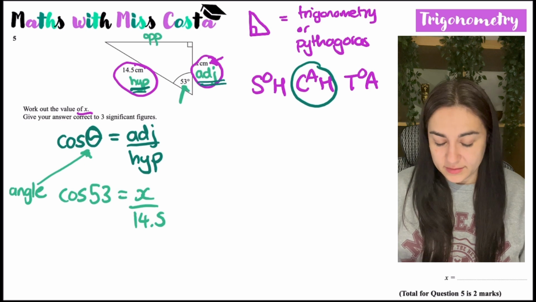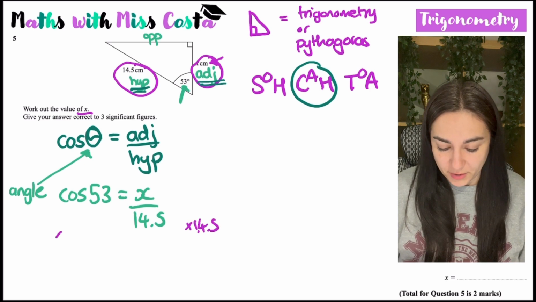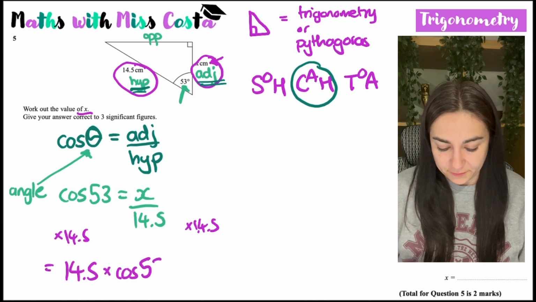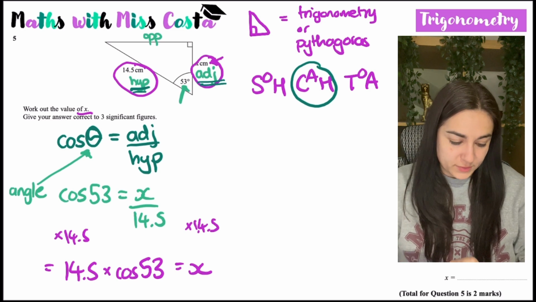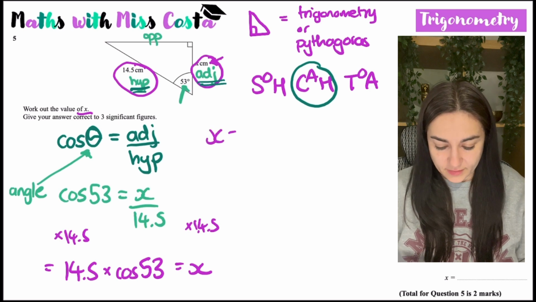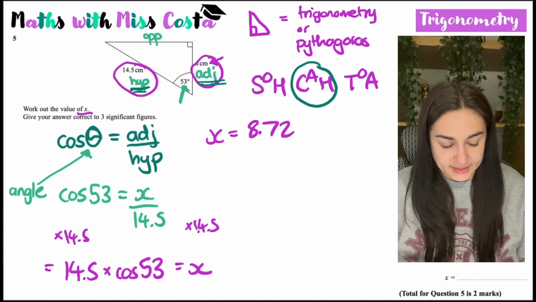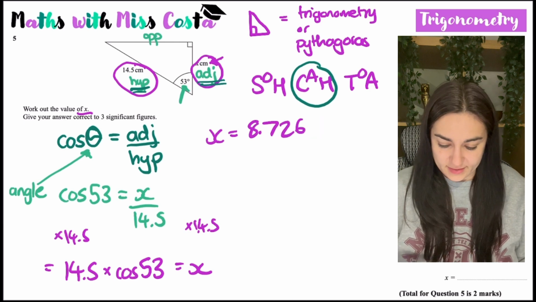So in order to rearrange this equation and get x on its own, I'm going to need to multiply both sides by 14.5. So that would leave me with 14.5 times cos 53, which I can just plug into my calculator. So 14.5 times cos 53 equals 8.726317,